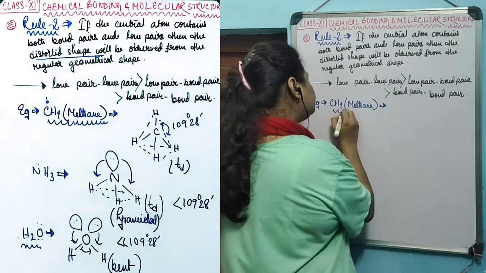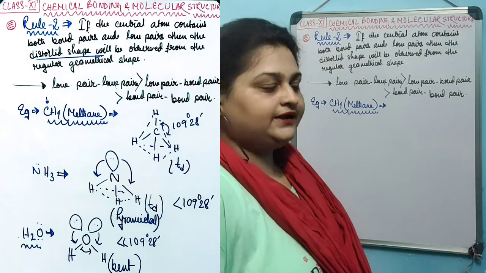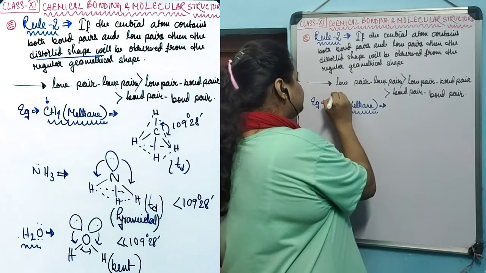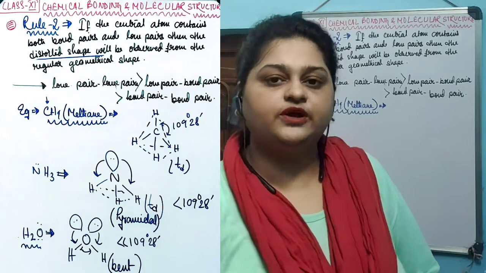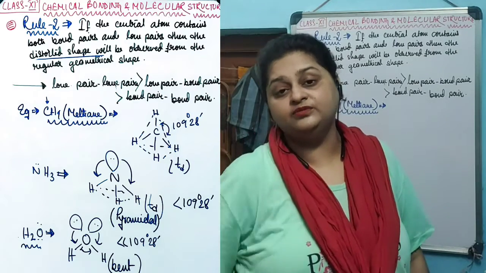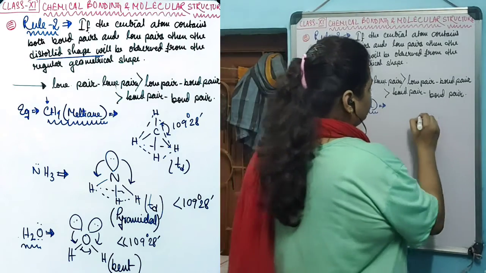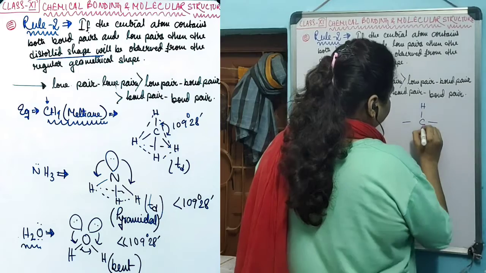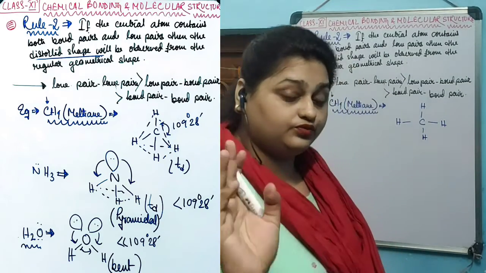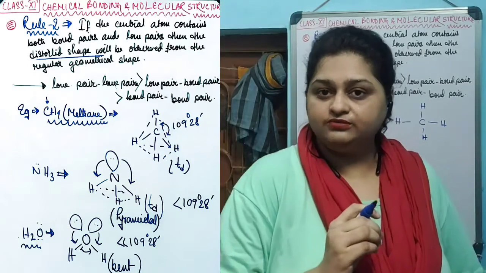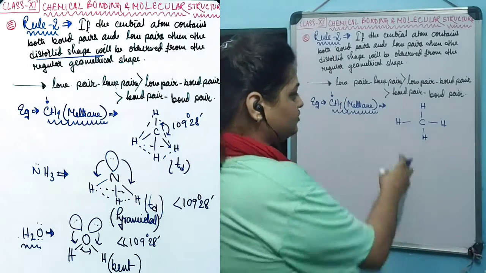Now, when we are going to talk about the shape of a molecule, the entire concentration will be on the central atom. In the CH4 molecule, the first thing we need to determine is which one is the central atom. The central atom in CH4 is carbon, and 4 bonds have been created around this carbon with 4 hydrogens. And now we know that if the central atom creates 4 bond pairs around itself, the structure will be tetrahedral. So this is the wrong structure.